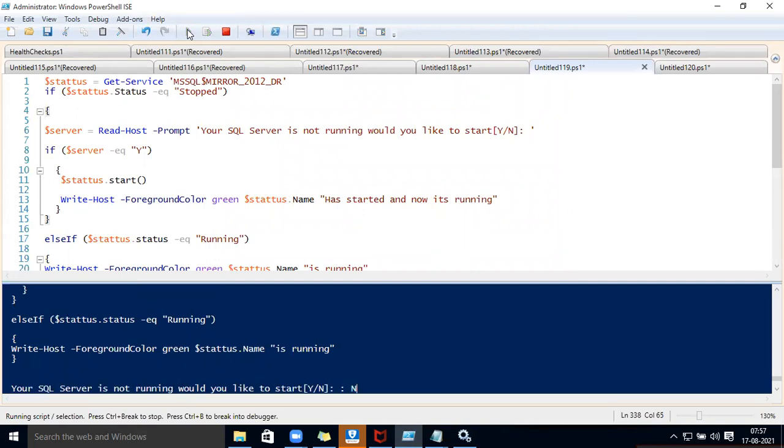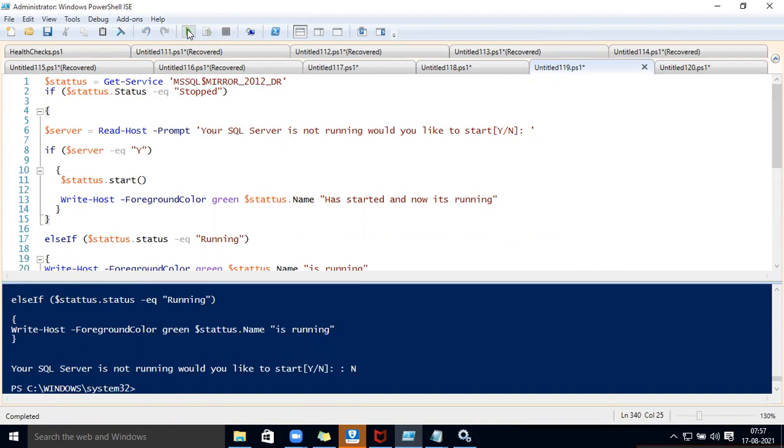If I press yes, it starts. If I press N, it just came out of this PowerShell, right? Whenever you press N, it has to display that you have selected N. So we are exiting from this PowerShell, and then it has to come here and display in green color. Got it? Just one change: when I press N, it has to display that you have selected N. We are getting out of this loop.